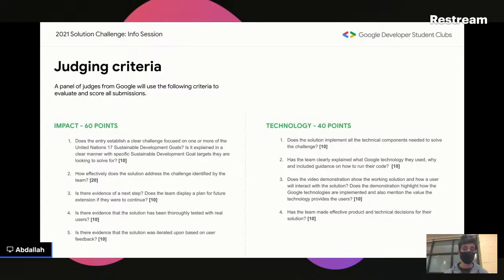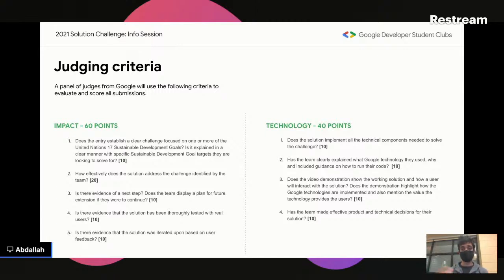You're also going to be judged on how effectively you solved that problem that you identified. Is there evidence that your solution can be scaled up? Because this isn't like a classroom project, which you're just done with once you code a little bit. This is something slightly more long-term, and so scalability is something that will matter. This slide deck will be, I believe, made available to everybody after this event, so you can always review these points. In terms of technology, some of the main points are,